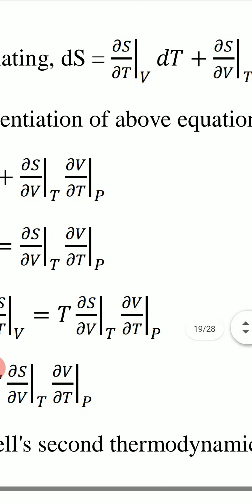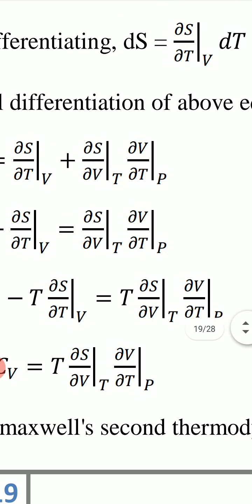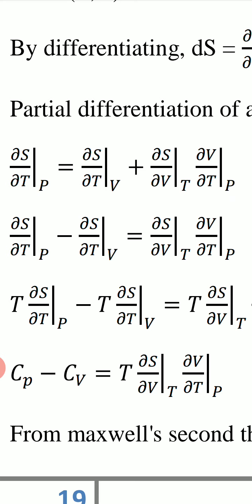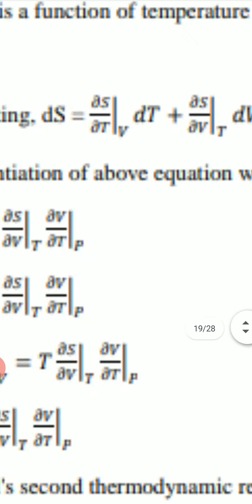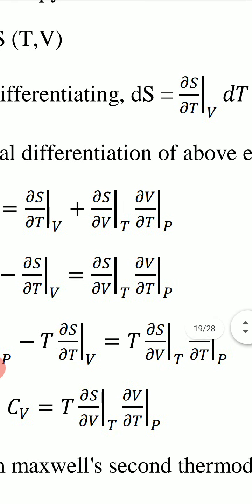Now partial differentiation of the above equation with temperature T at constant pressure P gives this: ds, and now we find the partial differentiation with respect to T, keeping P constant. This we can do by dividing this equation by dt. If we divide this equation by dt, in the left hand side we get ds upon dt and we write it